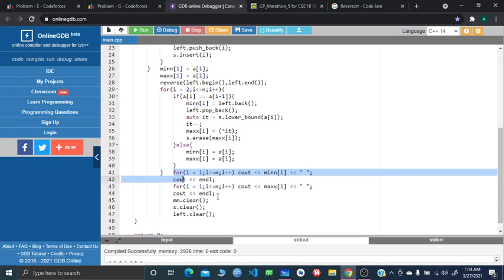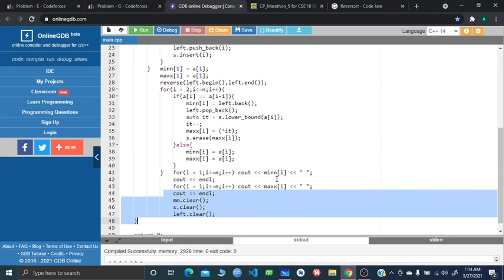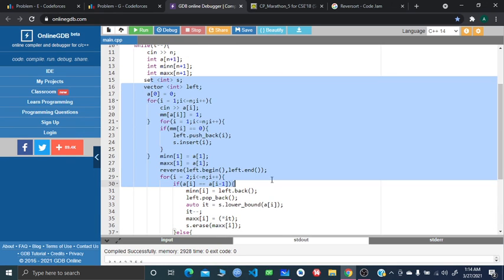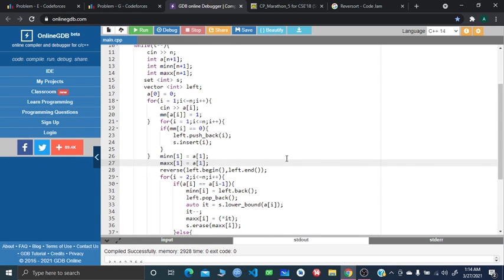Now, after that, just printing out and then clearing out everything, just because there are multiple test cases here, and then after that it's okay to accomplish that job,